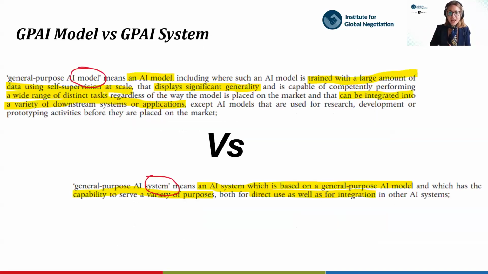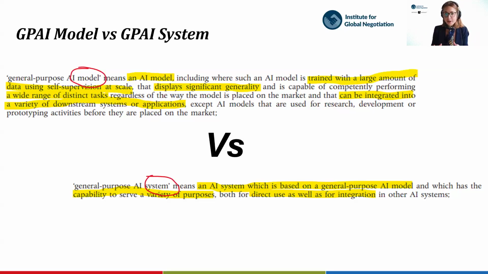So the AI Act also tackles these models, and it calls them general purpose AI models or general purpose AI systems, rather than generative AI. So this is basically, generative AI is part of the general purpose AI models and systems, but essentially the idea is that also other things can have this general purpose.